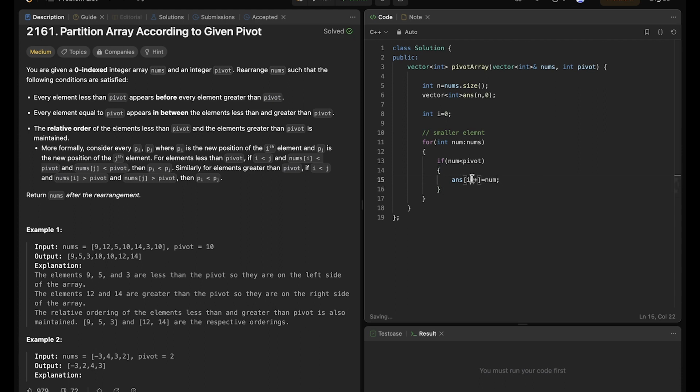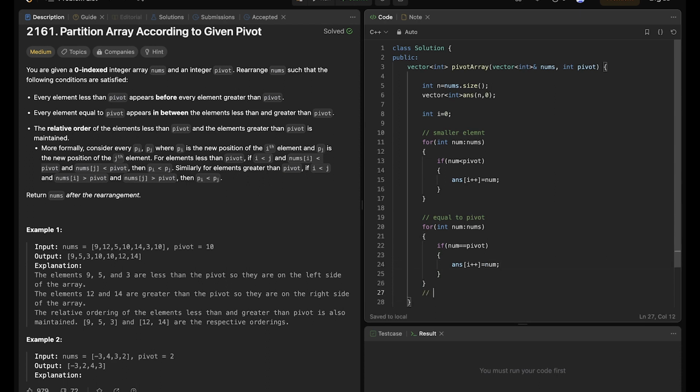Then we will increase the index. Similarly, we will do the same for equal values, which are equal to the pivot. If num equals pivot, same thing: answer of I plus plus equals num.